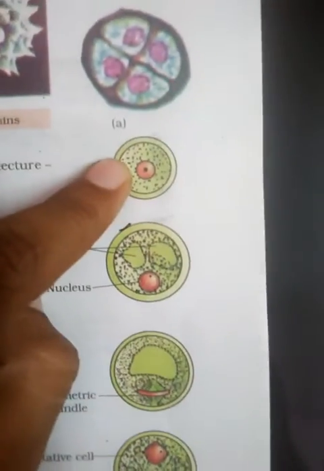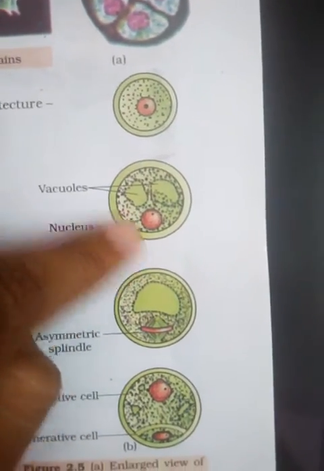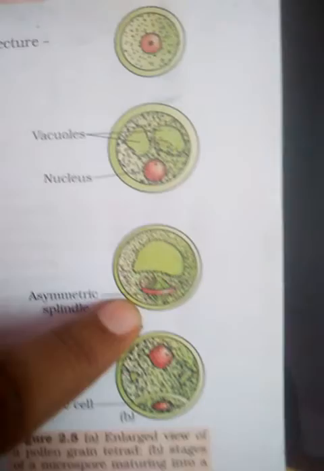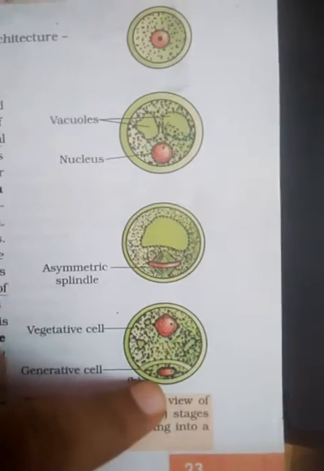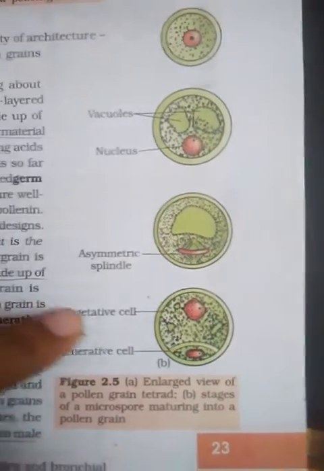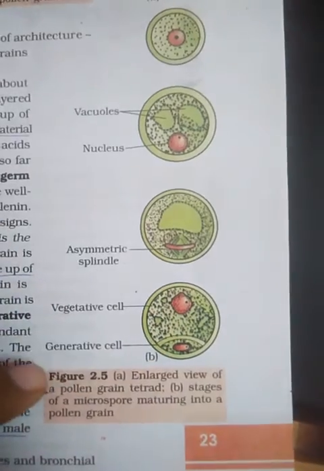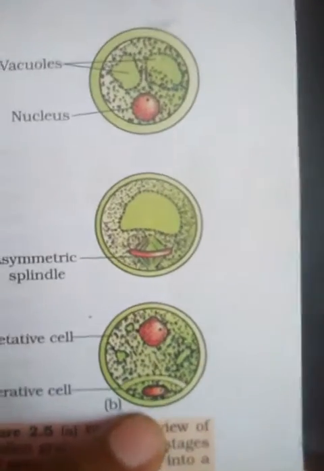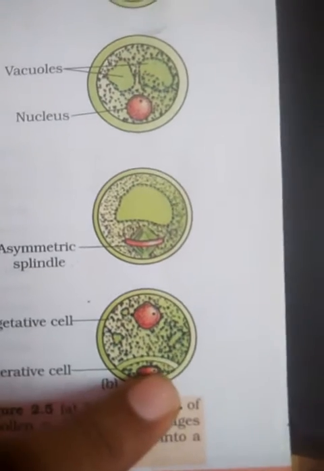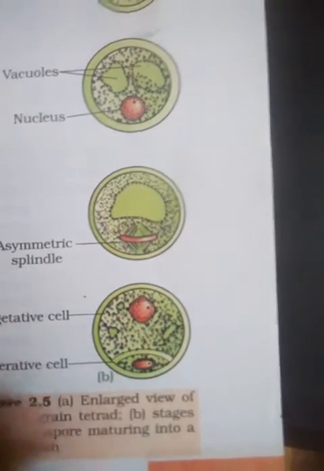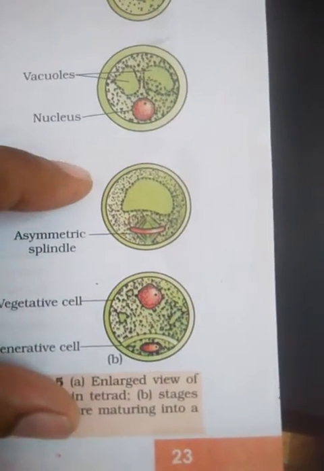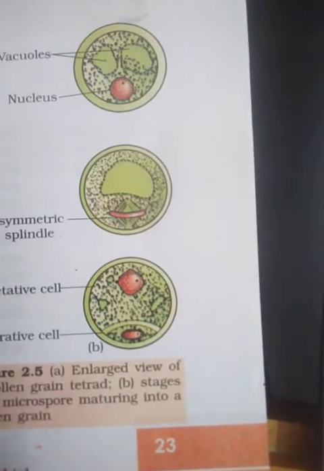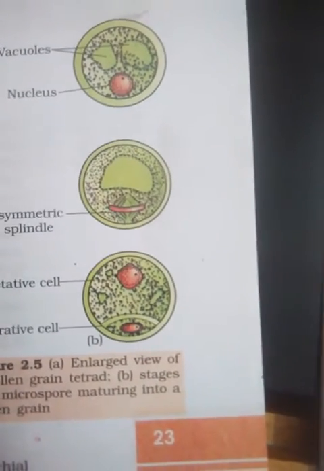Here if you see in this figure, after this cell division of the pollen grain cell, these are the spindles which are formed, and finally two cells have formed. This is the vegetative cell, a large cell with an irregular nucleus, and this is the generative cell. If you focus here, you can see that this generative cell is smaller in size and it is spindle shaped. What is spindle shaped? Something like this, right? Wide in the middle and tapering at the ends. So a spindle shaped cell called the generative cell with a dense cytoplasm is found.